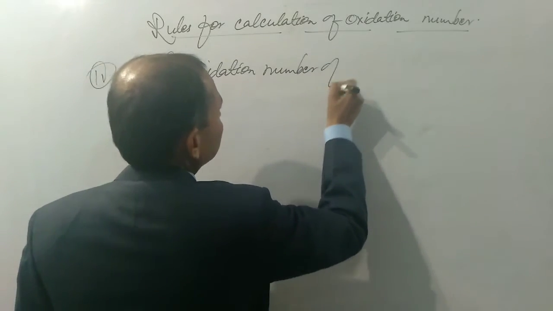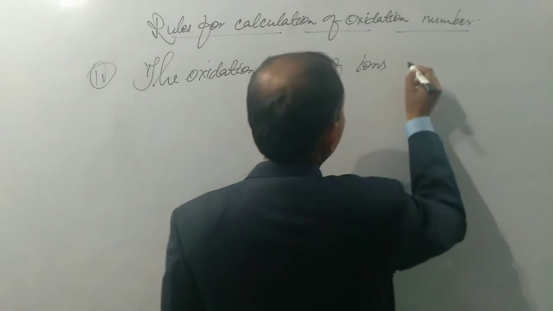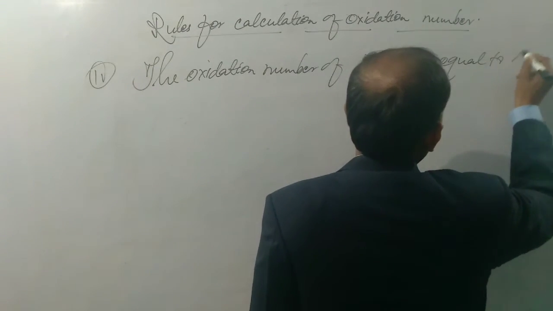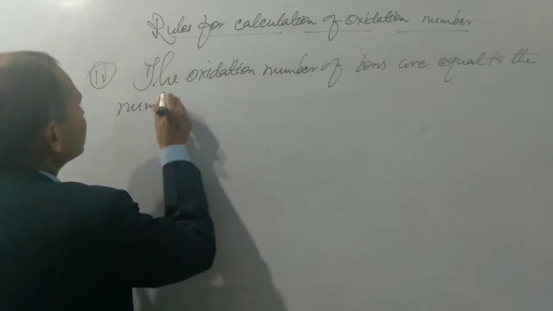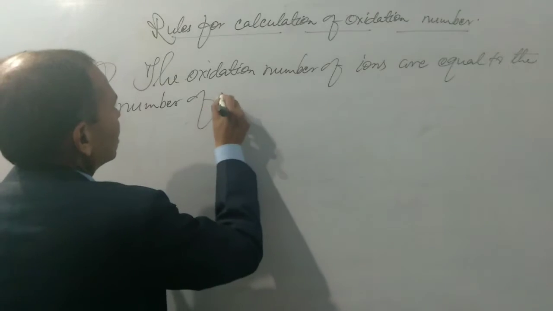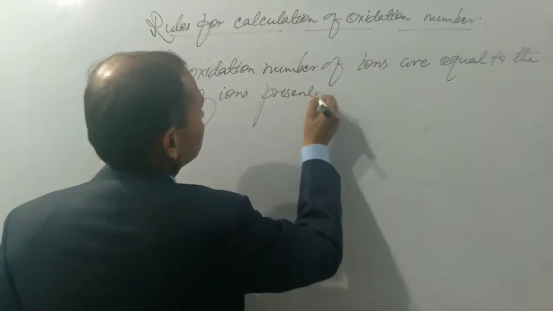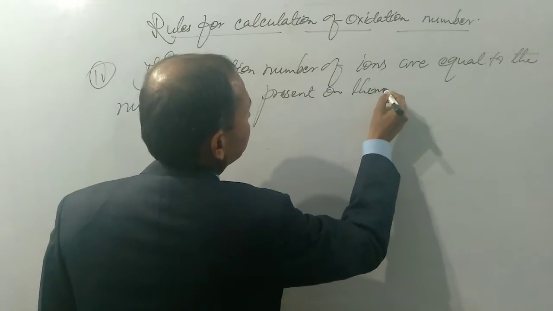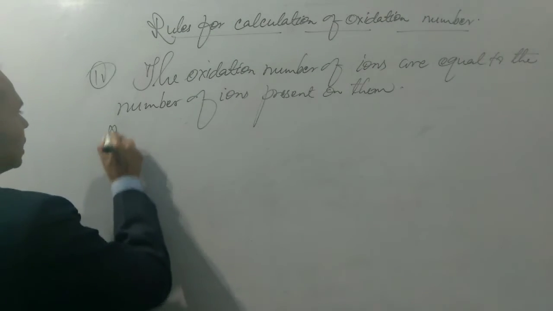The oxidation number of ions is equal to the charge present on them. As for example,